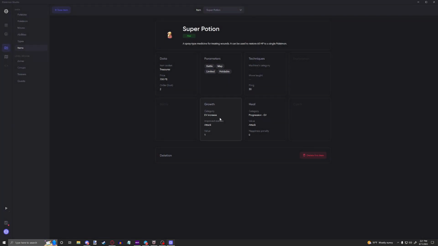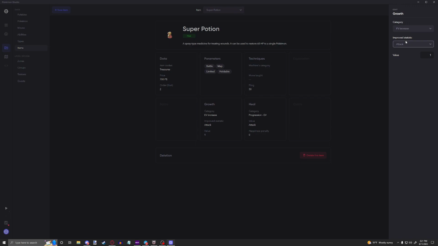Now this is like your proteins, your carboses, and all of the other medicines that will increase a stat. You can choose which stat you would like to increase, and you can choose the amount that you would like it to increase. It's going to go based off of a solid value. And then you can do level increase, which is basically the same thing as the EV increase, but it's